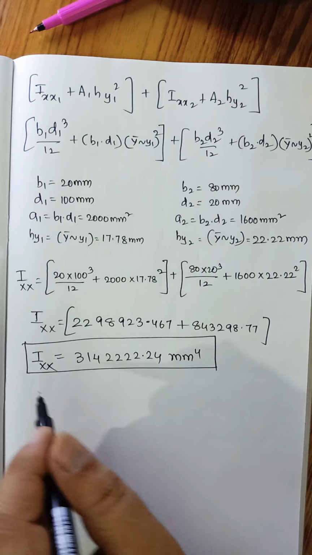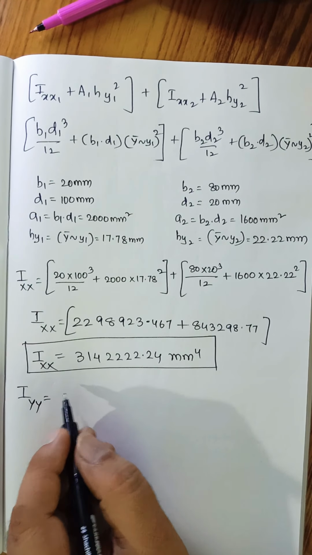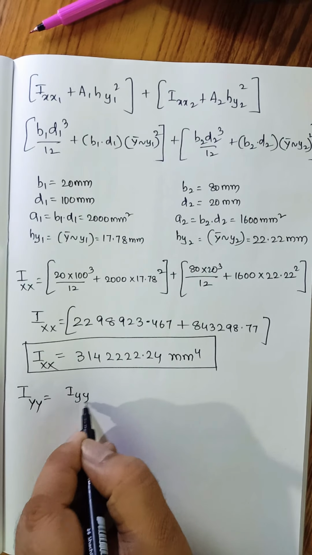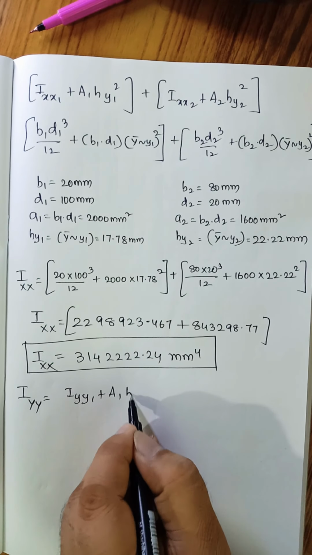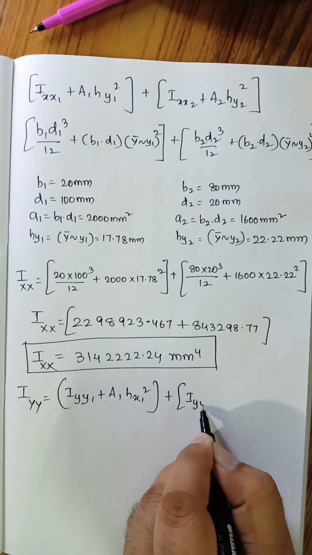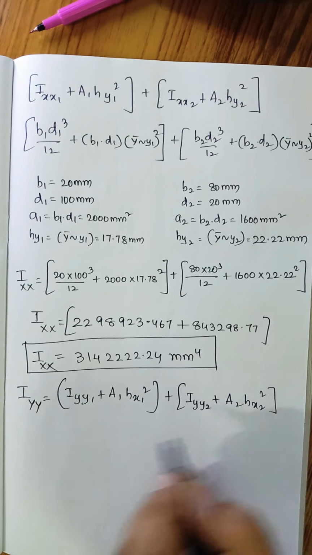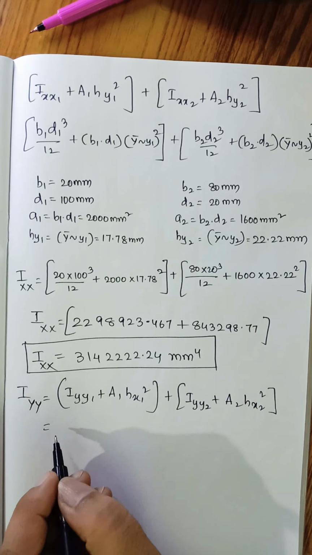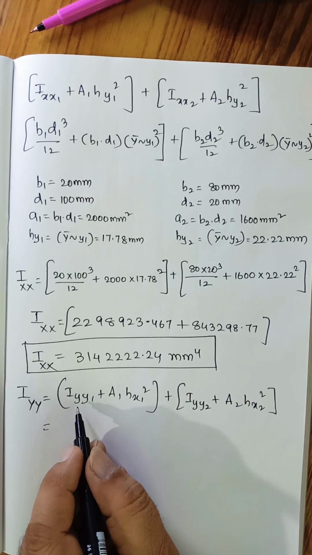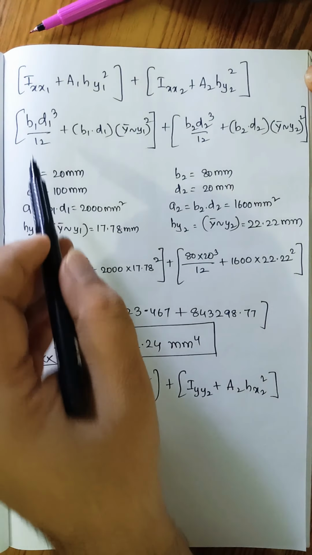Now next, let us calculate the moment of inertia with respect to the centroidal y-axis, Iyy. Already we have written the formula, that is Iyy1 plus a1 hx1 square plus Iyy2 for the second rectangle plus a2 multiplied by hx2 square. Now expanding the formula, the moment of inertia of any rectangle with respect to the centroidal y-axis will be